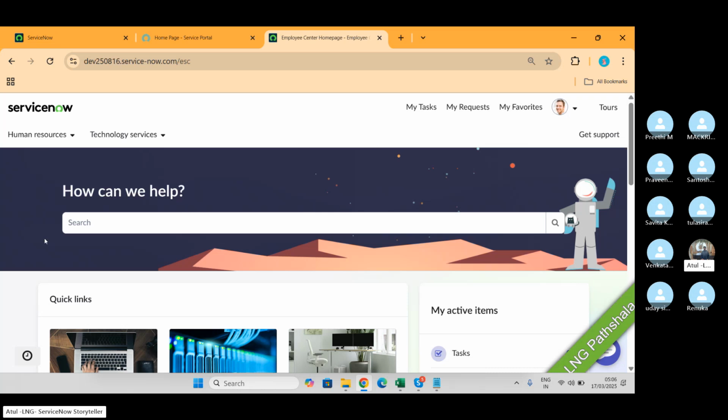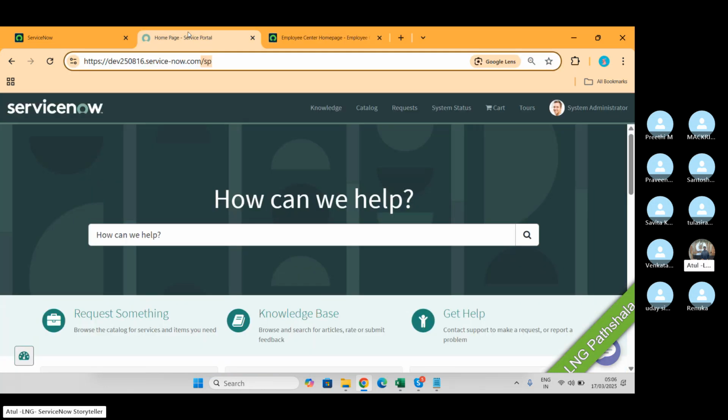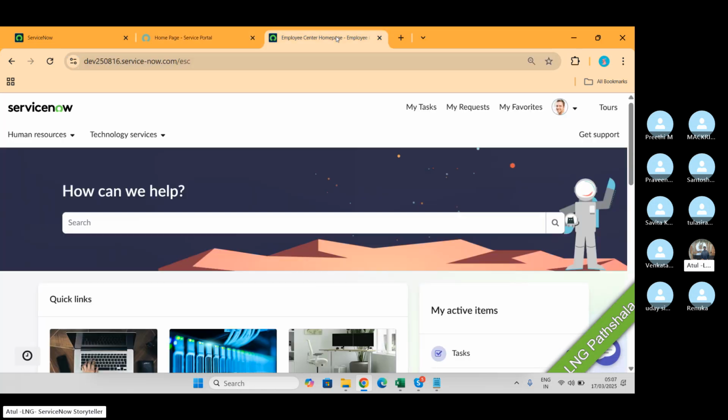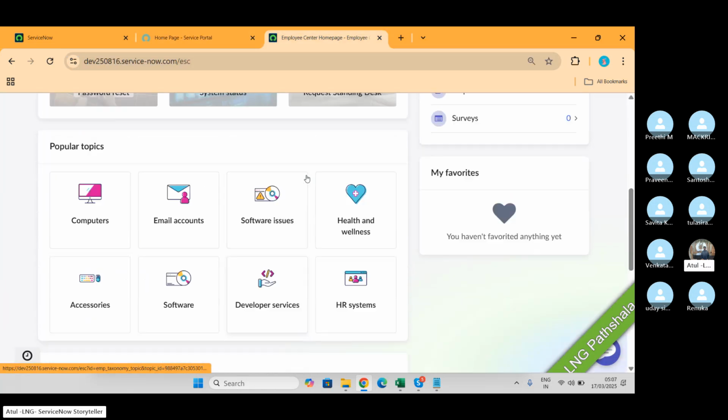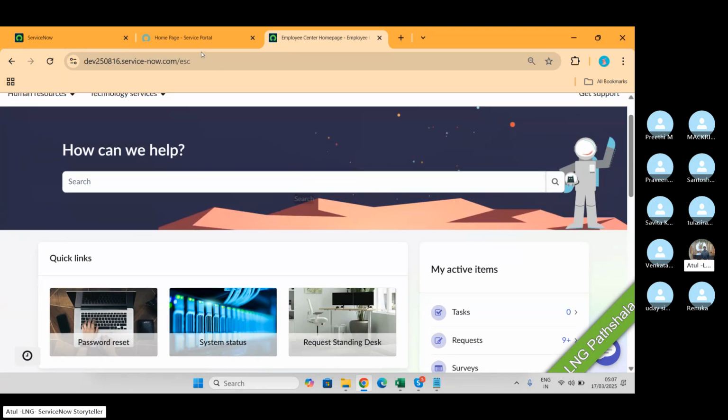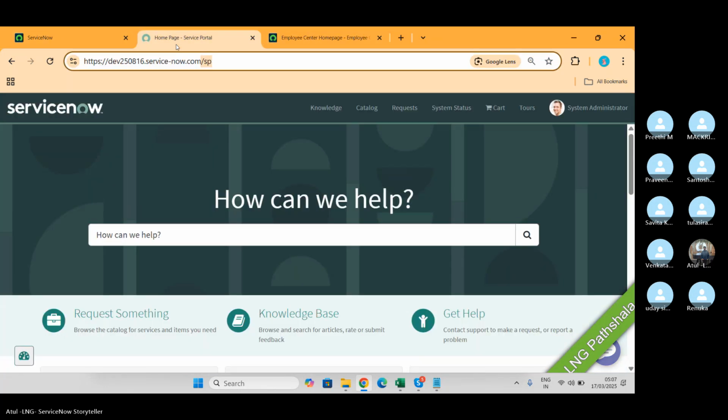The ECS portal is based on the next experience, whereas service portal is still a legacy portal, and as of now it is still widely used. So we will do a little bit of R&D on the SP portal, and we will discuss a few things about the ECS. Okay, let's start with this part.